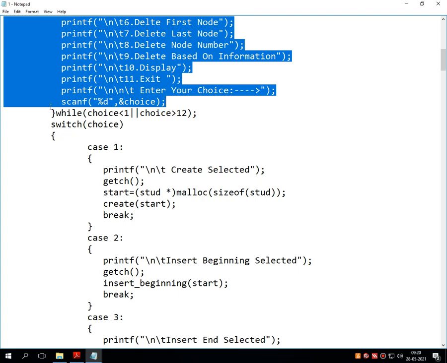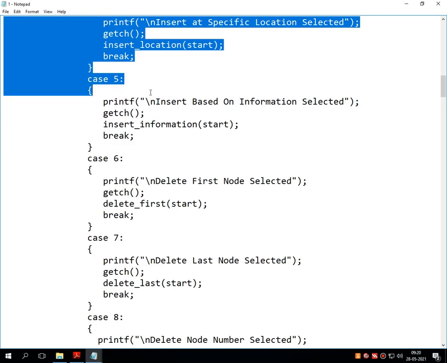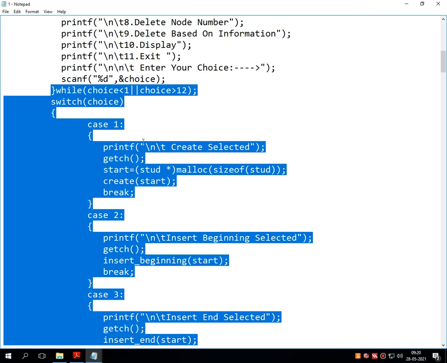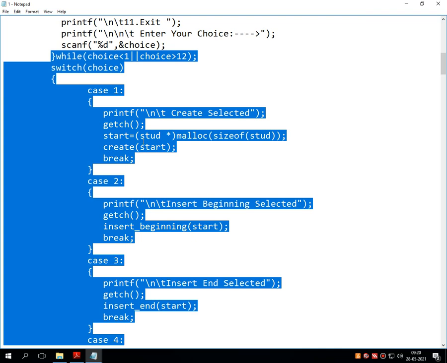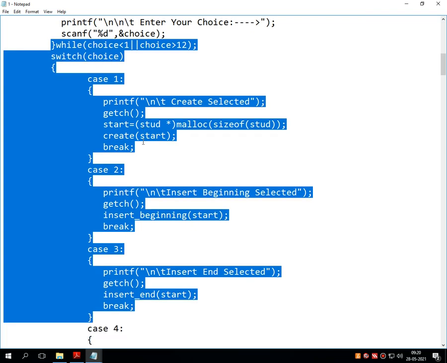Again pause the video and write down this selected line of code. That means up to case number 3, write down the lines of code.